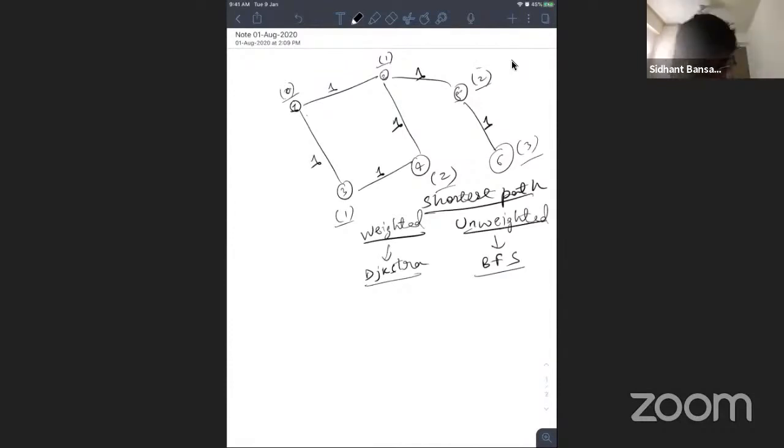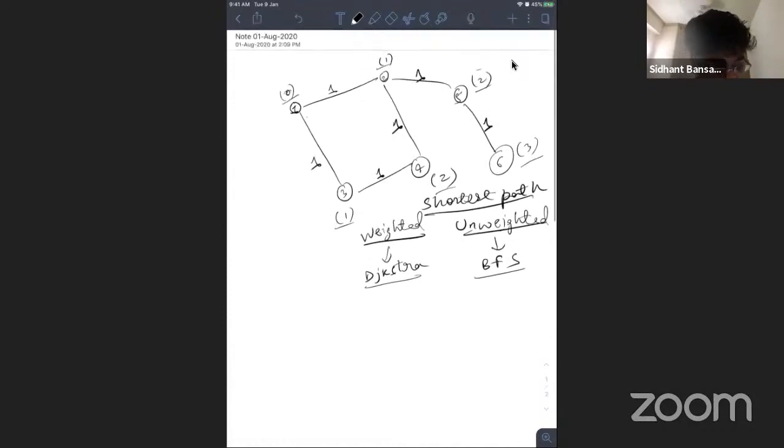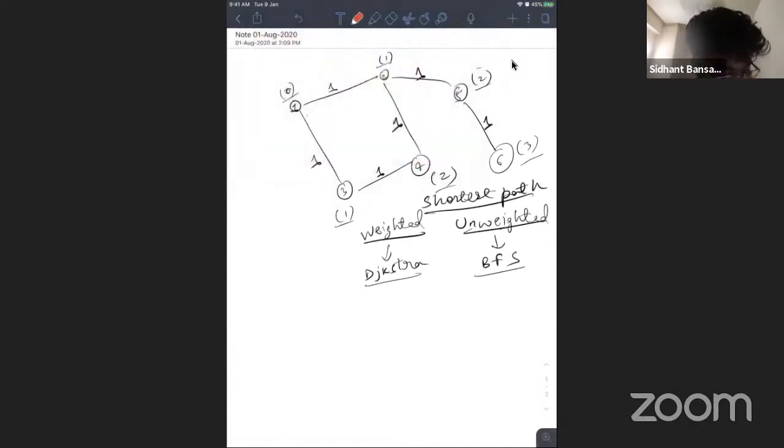Okay, that's the motivation. So the idea is you start from node 1. Let's say I start from node 1. I put node 1 in a queue. So let's say I have a queue and I put node 1 in it. Now I take the queue's front, which is node 1. I pop him out and I say, explore every neighbor of his. So 2 is a neighbor of his, 3 is a neighbor of his. So add those guys in the queue